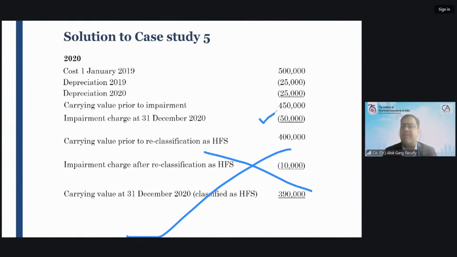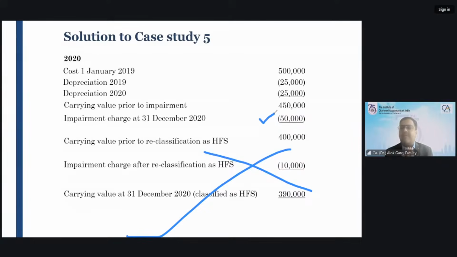It will remain even if you see the formula of the carrying amount, either in cost model or revaluation model. In both models, the formula is cost minus accumulated depreciation minus accumulated impairment losses. For the revaluation model, the formula is revalued amount minus subsequent accumulated depreciation and subsequent impairment losses. So to cut a long story short, this impairment is not only a subject of Ind AS 105, this impairment is also a subject of Ind AS 16 as well, right? Ind AS 38 as well.